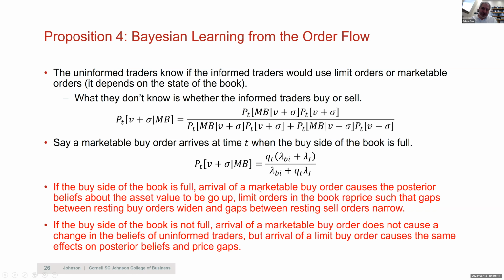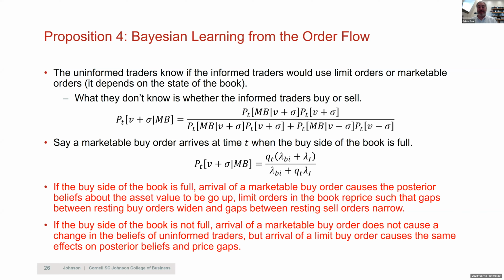And the actual proof here, Bayes rule is not a proof, is we are showing that if you update so that the beliefs are higher, then the gaps on the sell side are going to narrow and the gaps on the buy side are going to widen. So all limit orders are basically canceling and repositioning themselves at different prices that reflect now their updated beliefs.